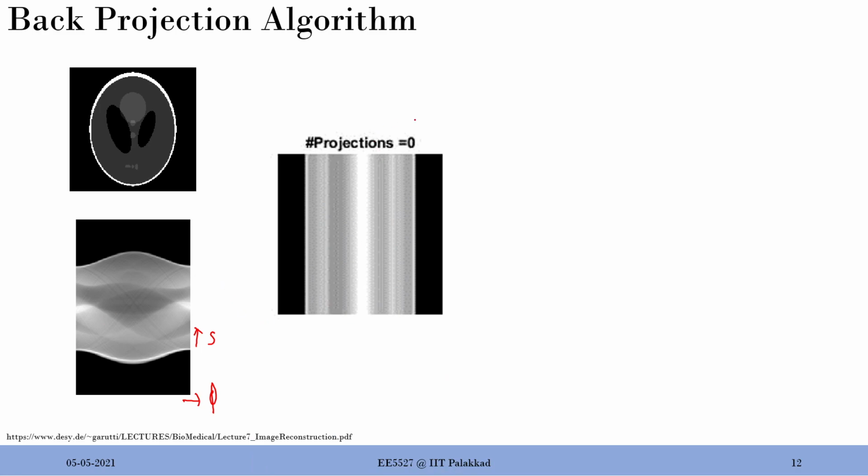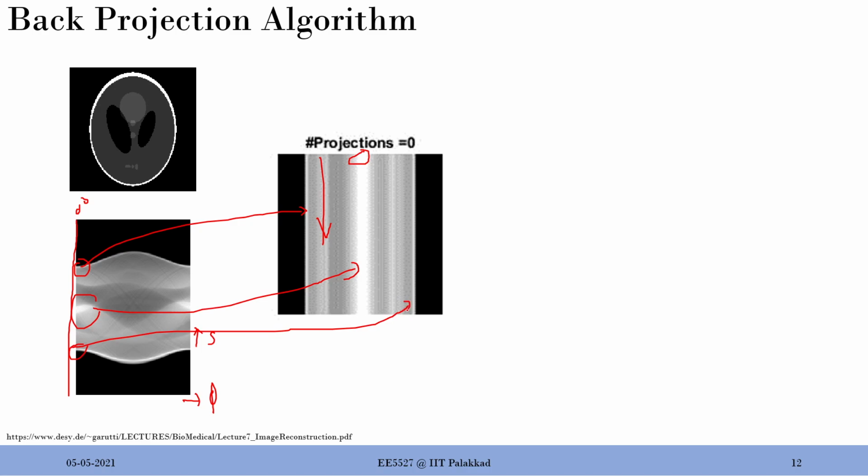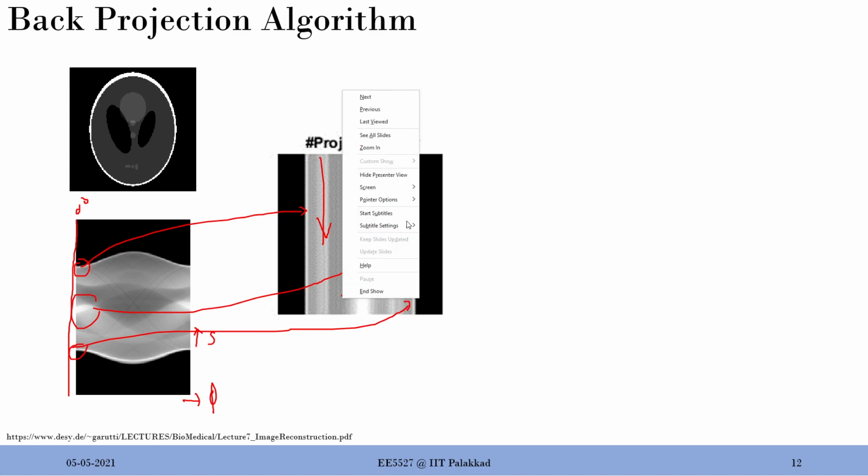So when you have a projection of 0, that means only the 0 degree is considered, and if I take this slice and then propagate it, that's what you are propagating here. You will see that the center is black, and these edges are coming here, and the center is coming here. So you basically projected that. This is only with one angle.